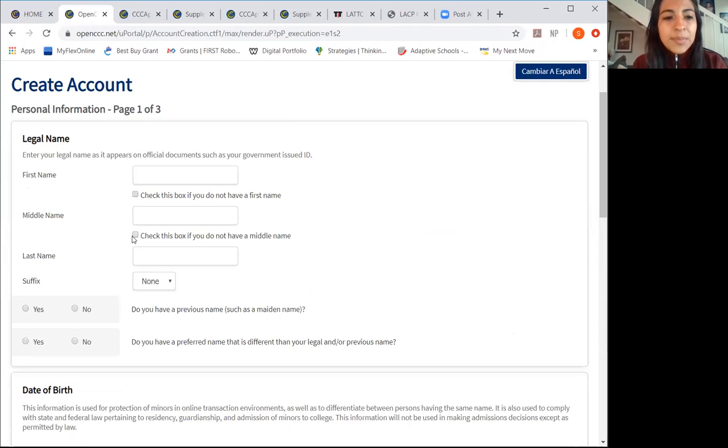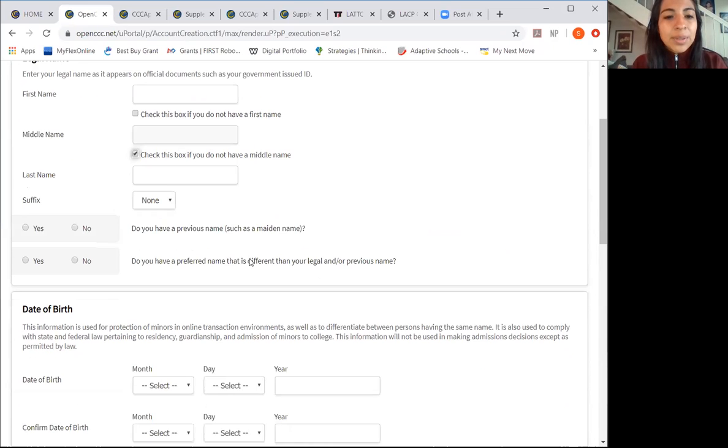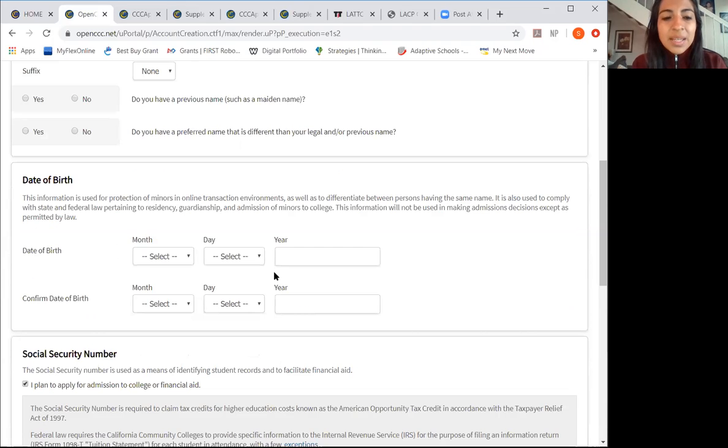You're going to put your first name, your middle name, your last name. If you don't have a middle name, just click on that box. If you have a previous name, so maybe you were married or you had to legally change it. If not, just click no. Your date of birth,